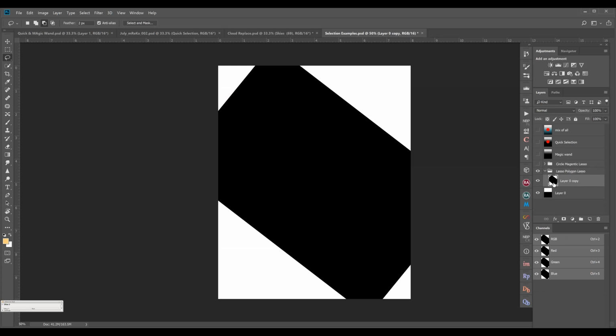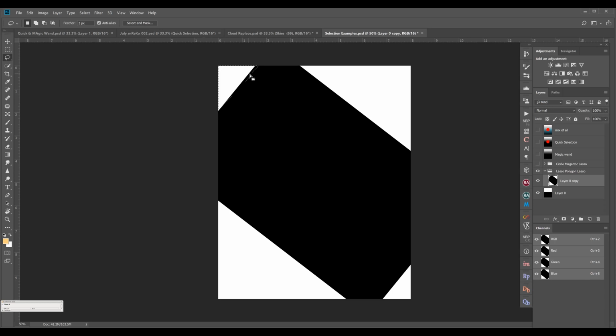This is a freehand kind of thing, so wherever you draw, it will just get selected. So how do you use it for selecting this? You just draw on top of this, and then it will get selected.